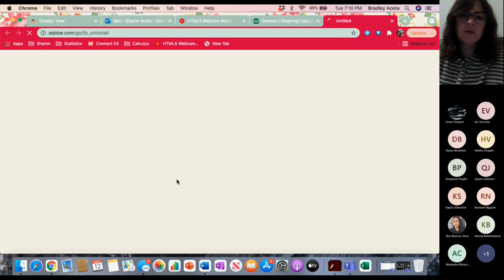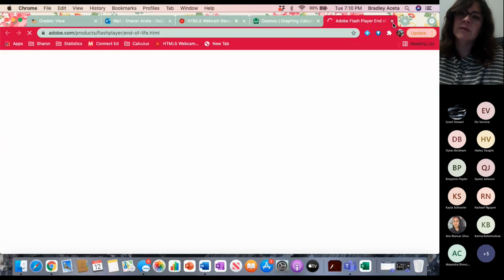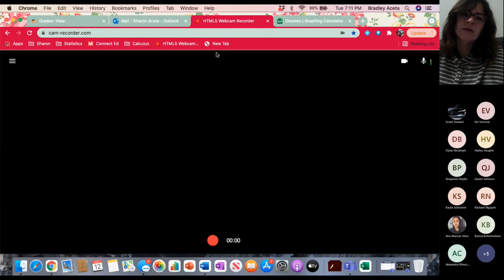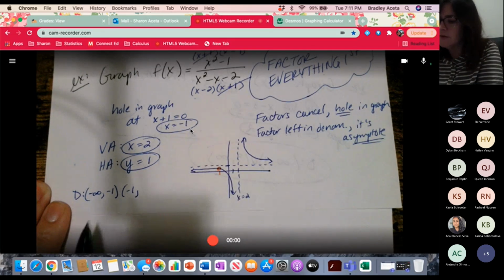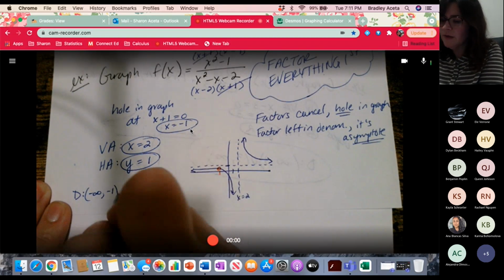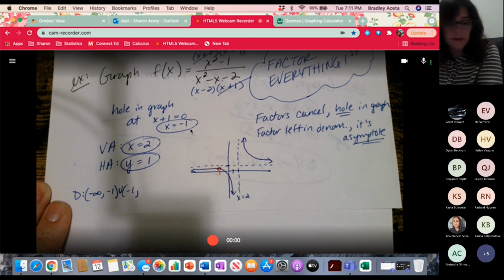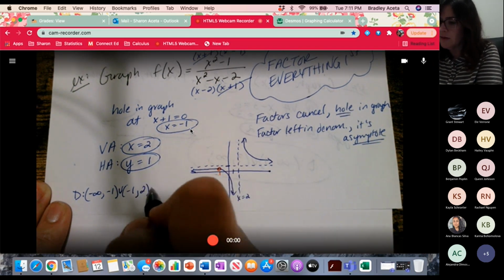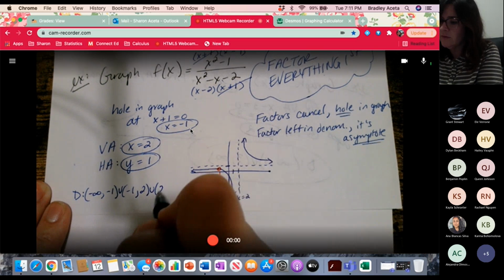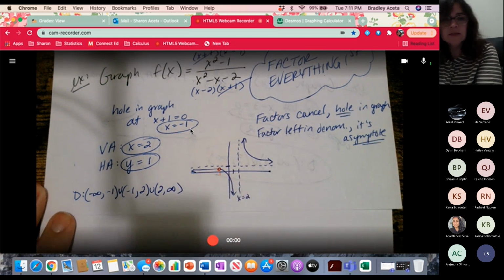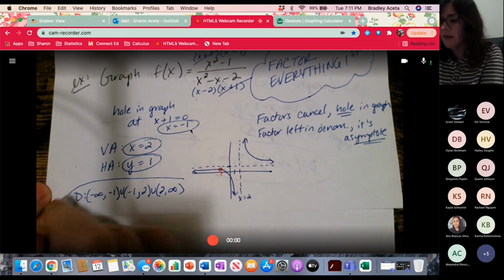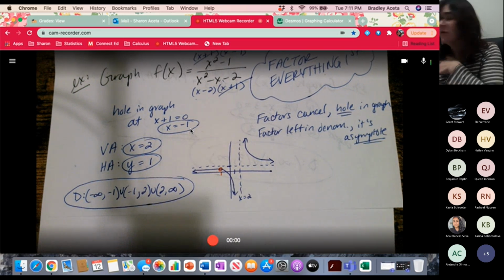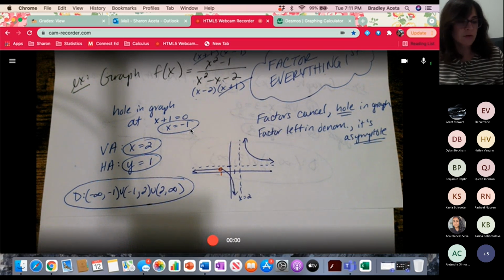Thanks, remind me later. Sorry about that. So -infinity to -1 united with -1 to, here's my asymptote 2, united with 2 to infinity. So I still include the hole in the domain, and I include the vertical asymptote for that one also,